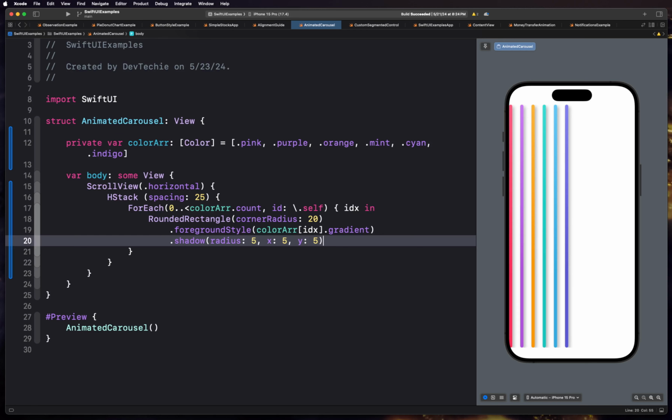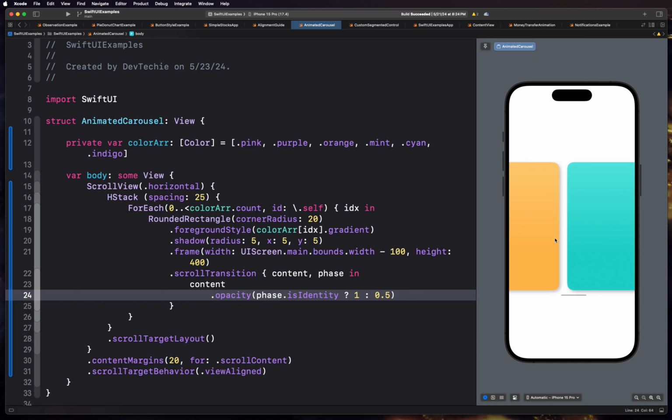So notice that our main view, which is at the center, or the fully visible view on the screen, is fully opaque, versus transparency is applied on this next view, which is coming into the scene. And you can see as the view appears or disappears from the screen, it actually kind of fades,